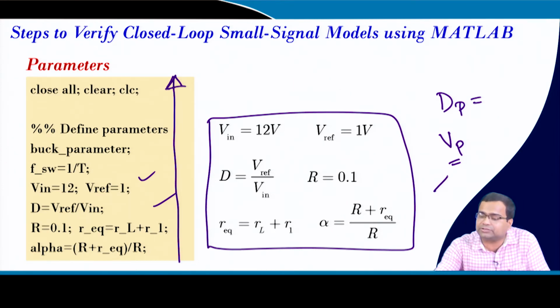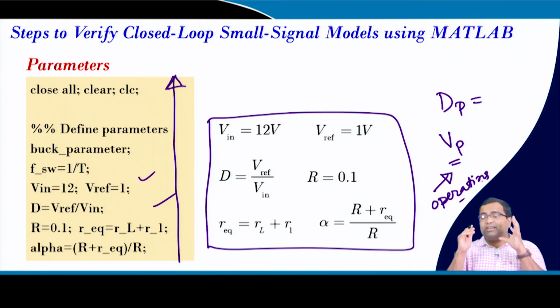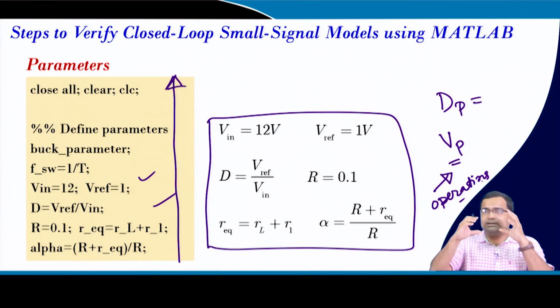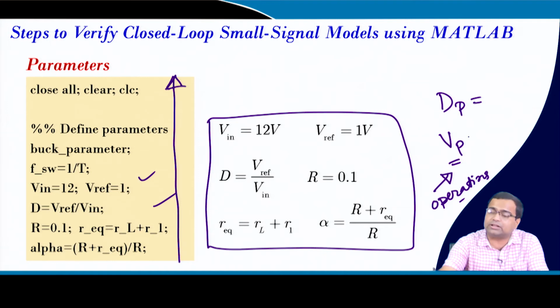with the steady state operating point, the DC operating point. For that, this was our operating voltage. So, this was our operating voltage, right. In open loop you need to find this operating voltage, which depends on the load current, duty ratio and other things, right. So, that is why we derived it.